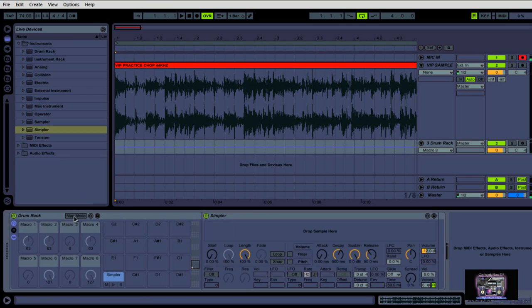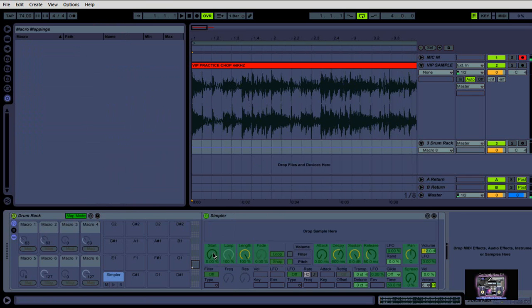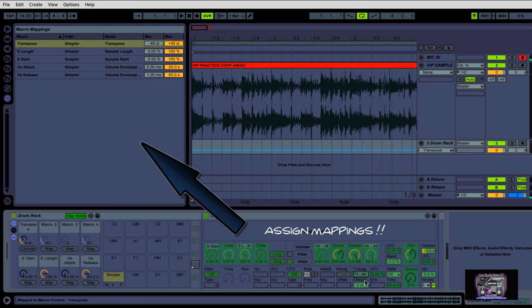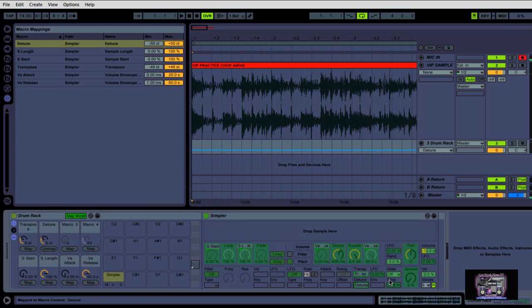So for example, the famous start, you might need a length, an attack, release, transpose for getting your effects, or rather tuning it up, detune for tuning it up. Again, spread for that nice stereo effect, and the volume. Okay, and then you'd have to come in here and get everything set up basically the way that you need it,